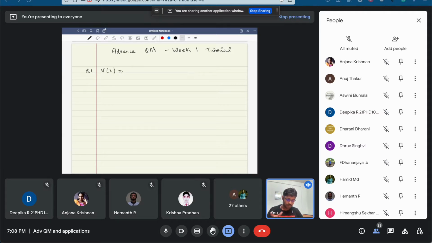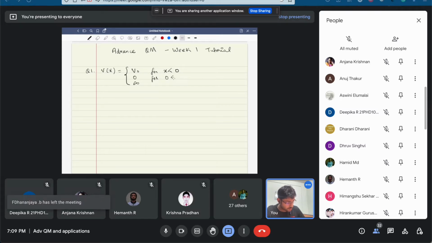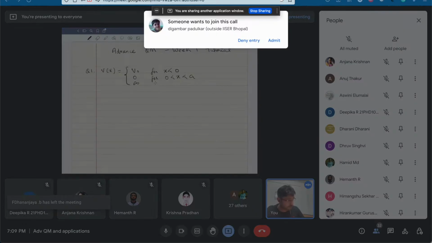This is similar to question number 7 in the assignment of week 1, but it's modified so that I'm not really giving you the solution, but just showing how you can solve such a problem. So what I'm taking here is V equals 0 for x between 0 and a, and infinity for x less than 0,